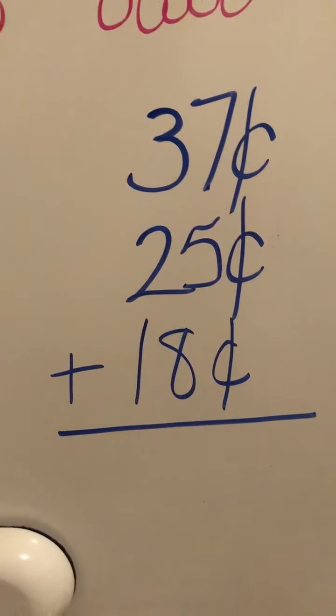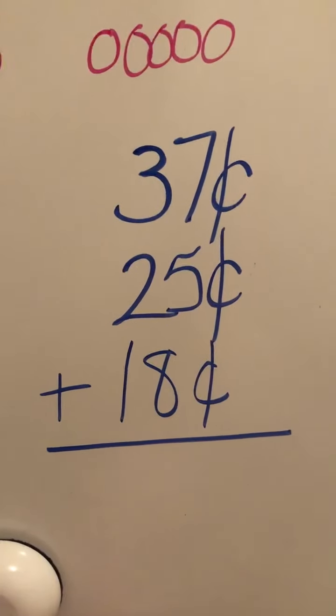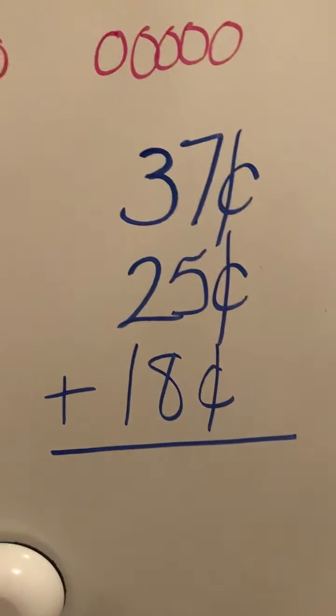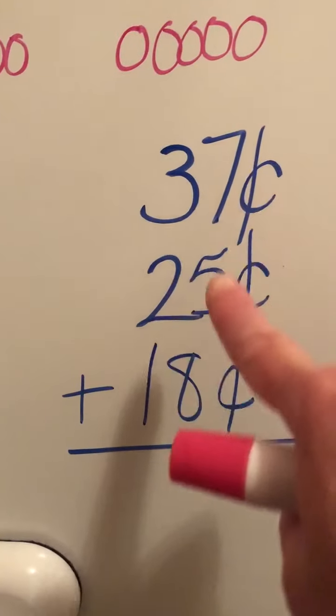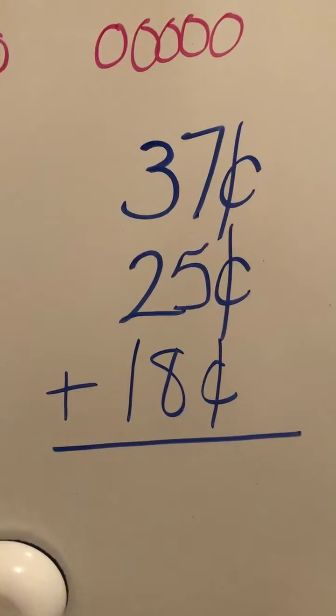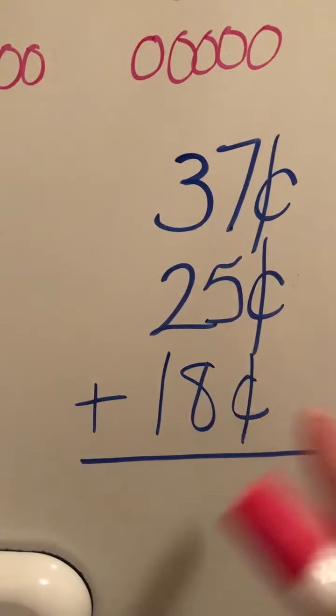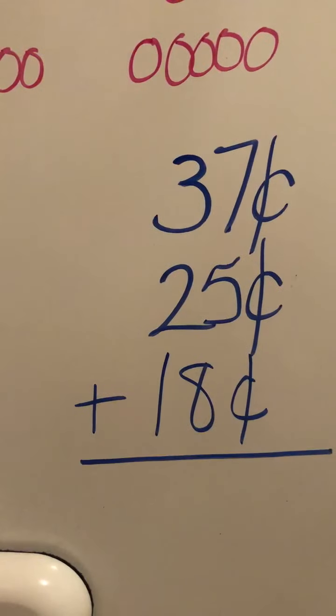Are we going to start with our dimes or pennies? We're going to start with the pennies, right? We always start with the pennies. So let's start at the top here. What is 7 plus 5? 7 plus 5 is 12. Good. Now let's do 12 pennies plus 8 pennies. 12 plus 8 is